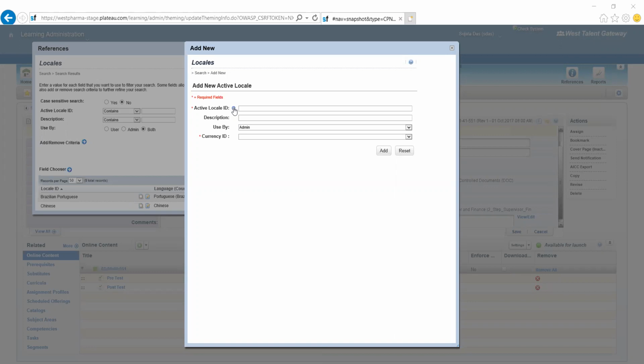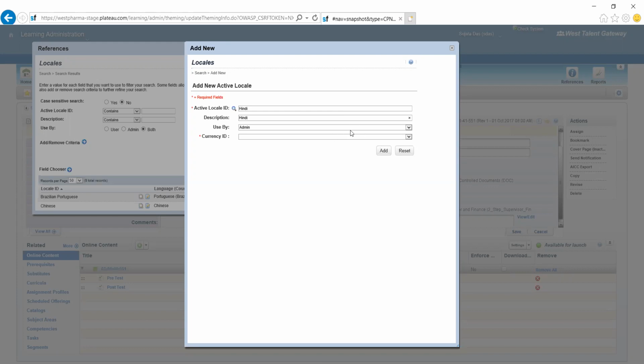Suppose I want Hindi as my locale. Hindi is already there in my locale directory. If you see the locale directory here, there are 42 total records offered by SAP. If I want to activate Hindi in my LMS, I just choose Hindi here.